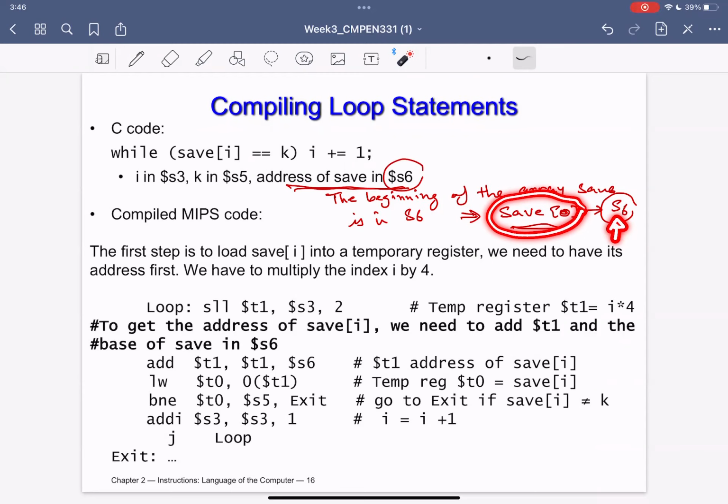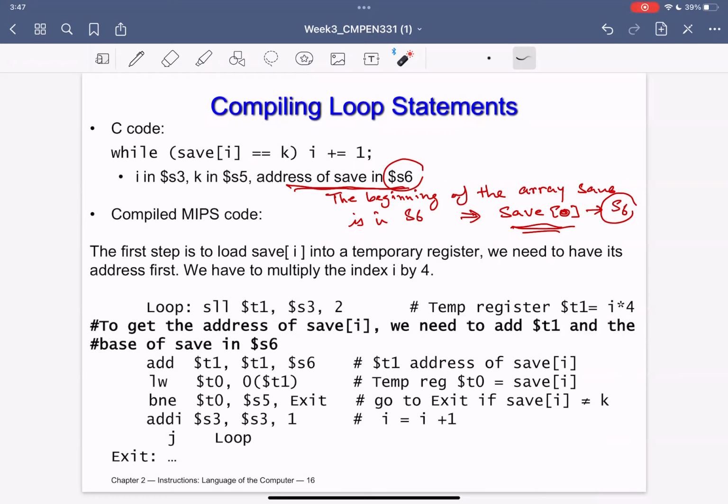Do you remember the idea of the 200 that I mentioned? You have to go to a certain slot and open that drawer and you will see the 200. Here it's exactly the same. You don't know what is inside, you don't know exactly what the address is. Please go to that slot, open that slot, and then you will know what is the address of save of